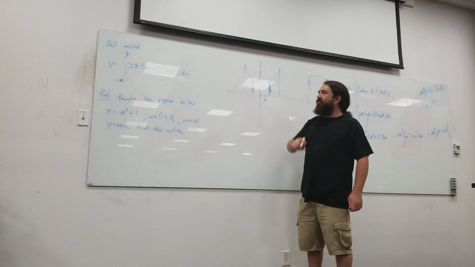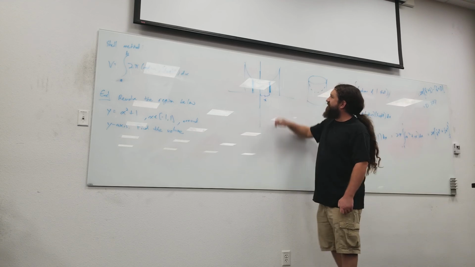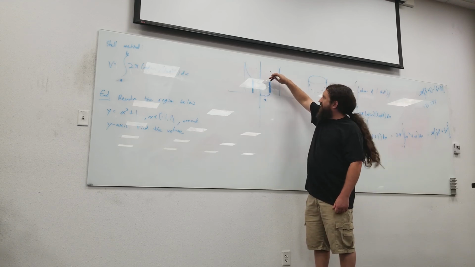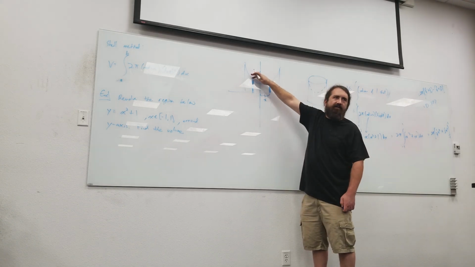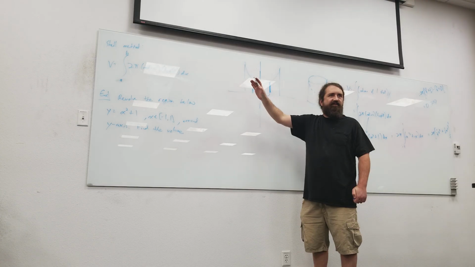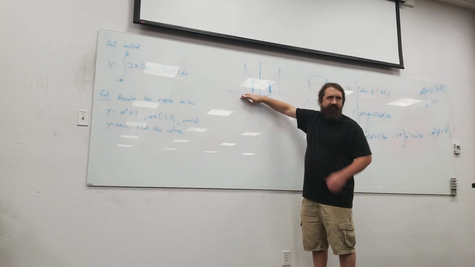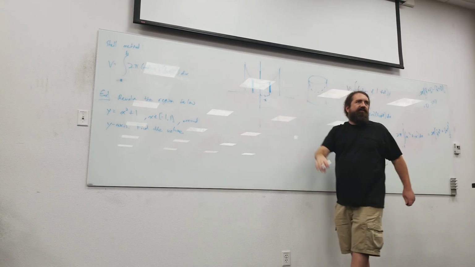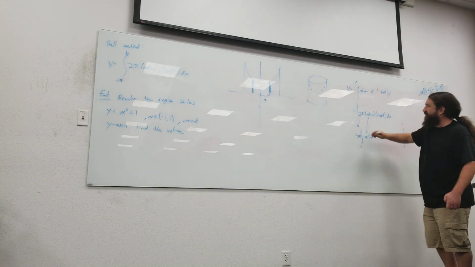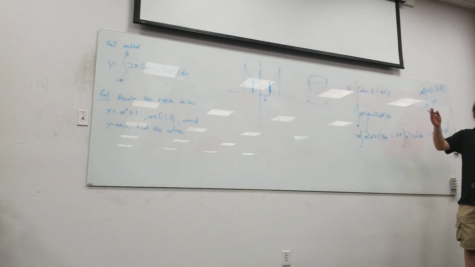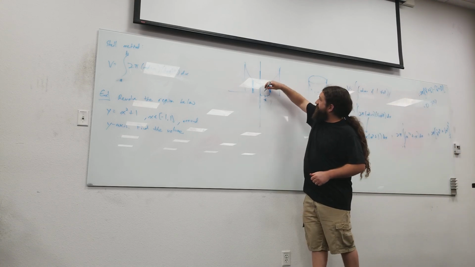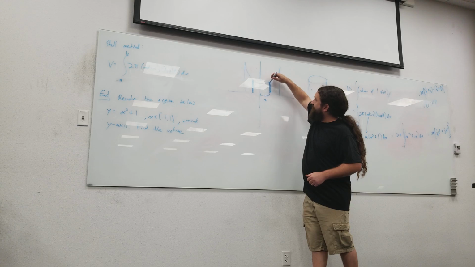So what I ended up with is, for every shell that I got here, I counted an anti-shell over here, right? Whenever your region is overlapping itself, you need to cut out the redundant part. So I really need to integrate from 0 to 1. And then multiply by 2? I don't have to multiply by 2, right? Because where does this shell go? The shell that goes through